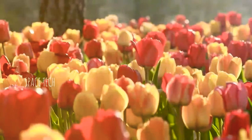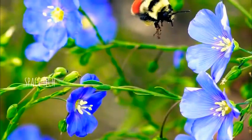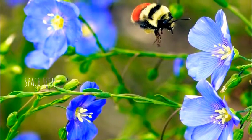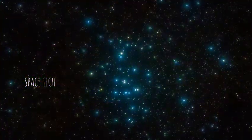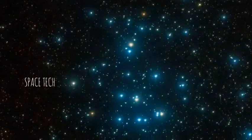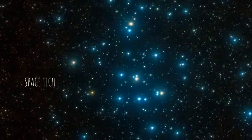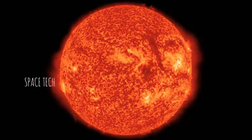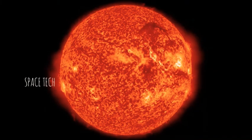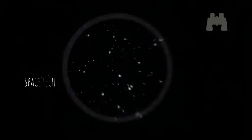The arrival of spring in the northern hemisphere brings fresh flowers and the buzzing of bees, which makes March a great time to try to spot the beehive cluster. This grouping of young stars sits about 600 light-years away and consists of several hundred stars that are only a few 100 million years old. That's compared to our sun's 4.5 billion years. Although the beehive can be seen as a small fuzzy patch with unaided eyes under dark skies, it's best viewed